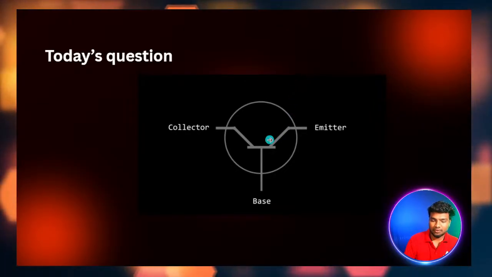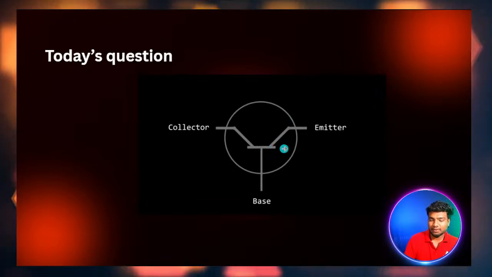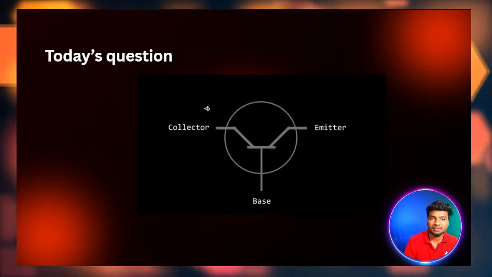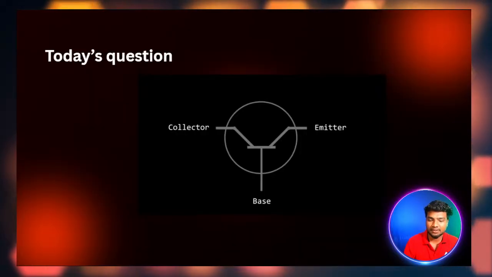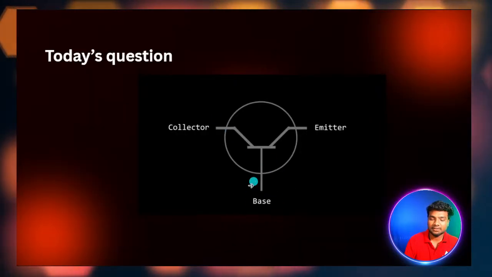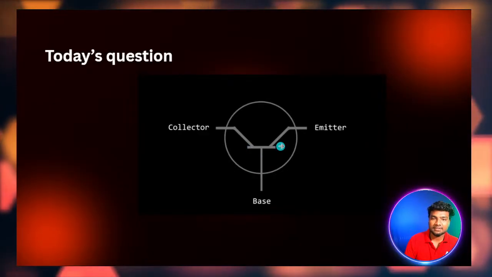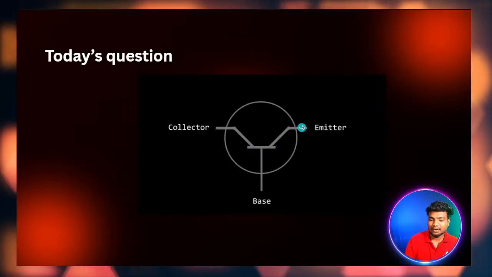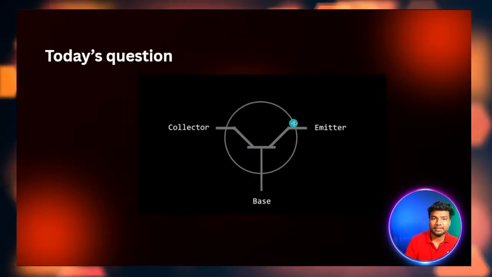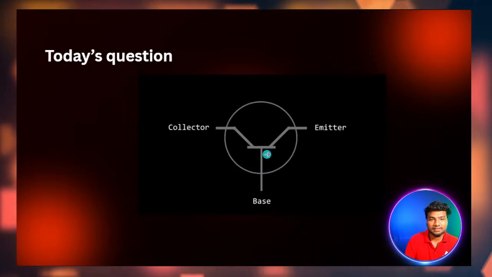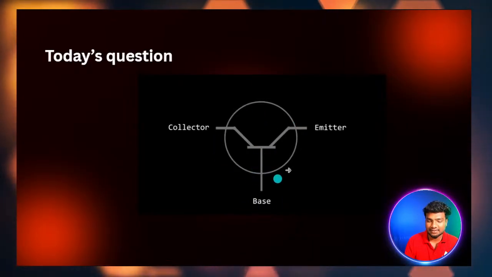So emitter, there is a symbol missing, emitter, but here on the collector side we are giving some supply VCC, where we are giving some input current, and then here this is the base, this is an insulator, which will act as a semiconductor, and then in the emitter side we will get the output. By giving the input on the base side for this transistor,